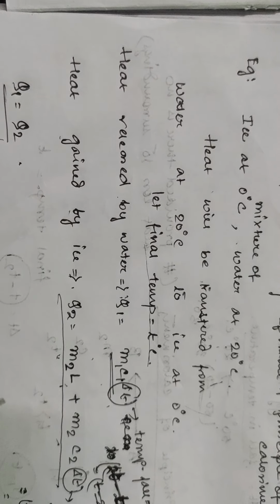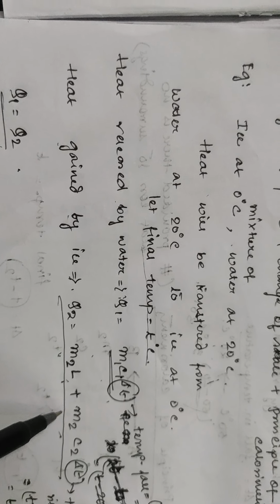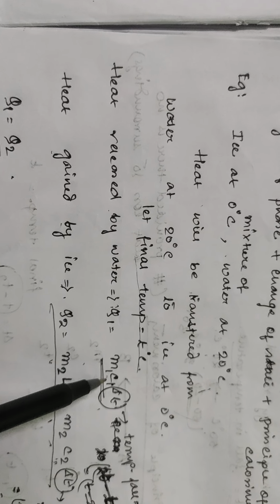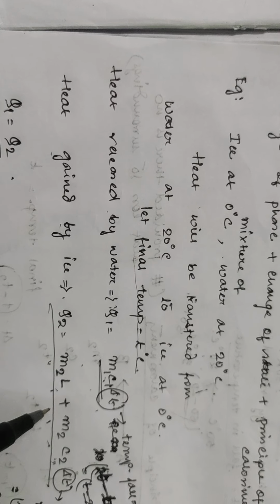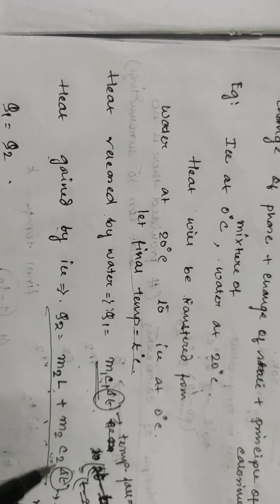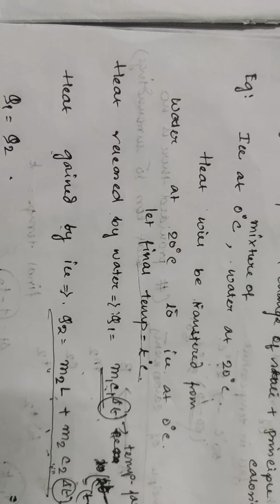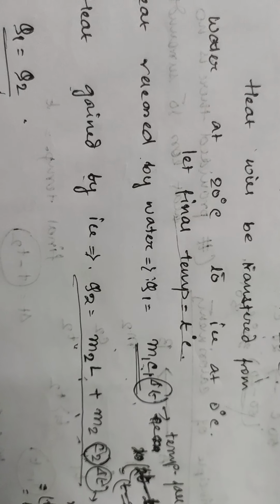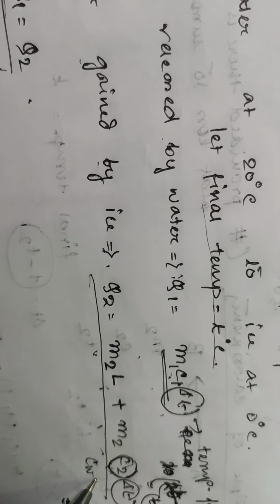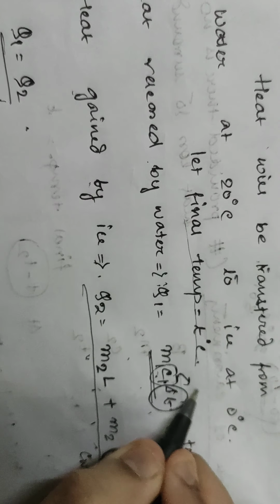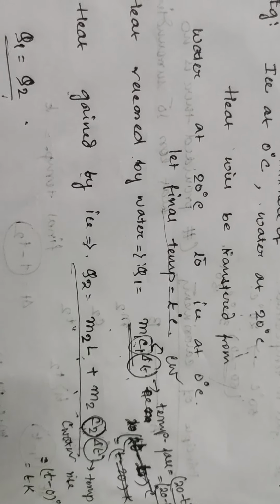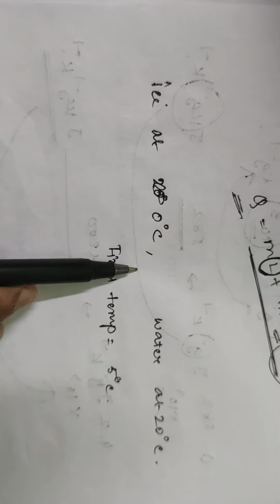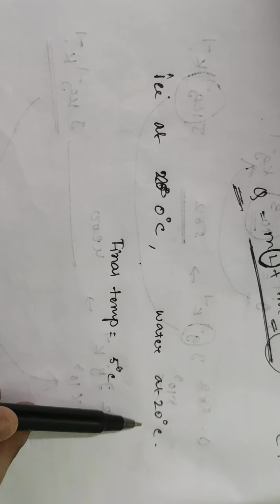Another thing, notice when ice melts to water, what is the specific heat capacity? C2 will be equal to C1. Why? Because it has already melted to water. Now the specific heat capacity is the same as that of water. So basically, in place of C2, if the specific heat capacity of water is provided to us in the sum, we will use that. C1 is also the specific heat capacity of water. Understood my point?